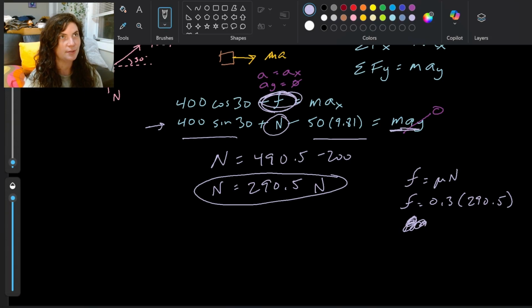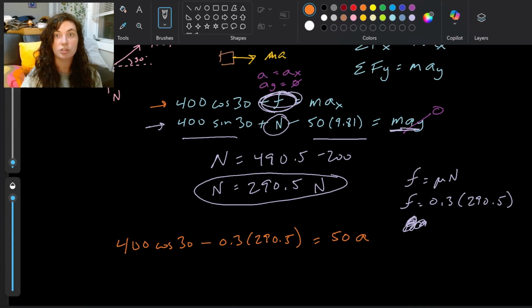Sorry, I'm not going to bother to type it into a calculator right now. We can do that at the end. If I take my x equation, 400 cosine 30 minus the frictional force, 0.3 times 290.5, equals mass times acceleration. The mass we know is 50 kilograms, and ax is the overall acceleration, which is great, right? Now a is the only unknown in this equation, so I can solve for a. Now I'll punch it into a calculator, and I get 5.185